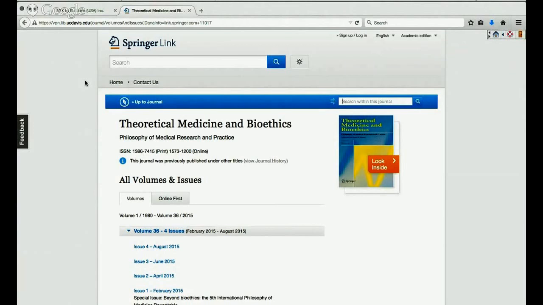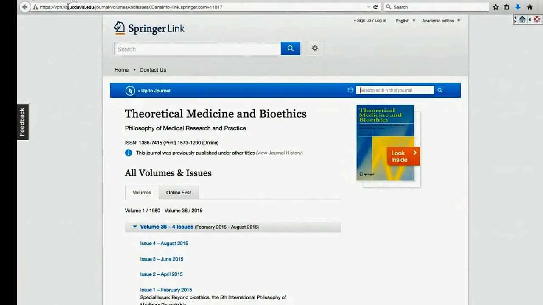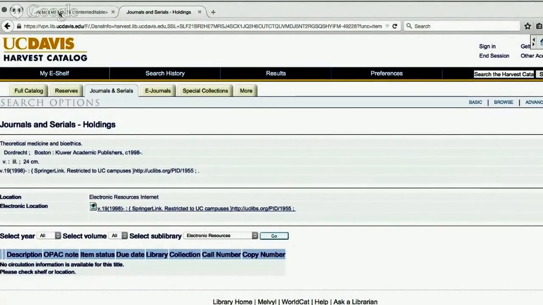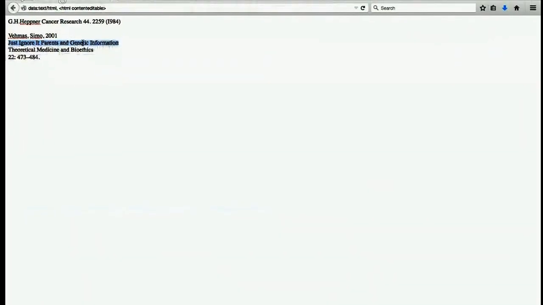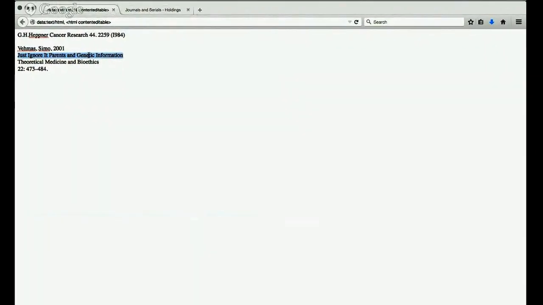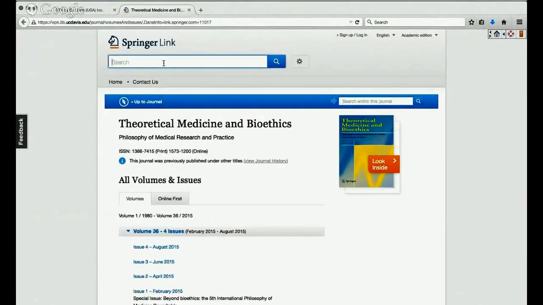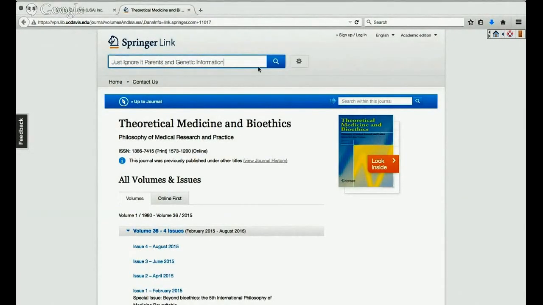And what this does is it takes us to the web page of the academic journal that the article we're interested in appeared in. So the name of the article that I'm interested in is called Just Ignore It, Parents and Genetic Information. And so we just search for that in the journal,